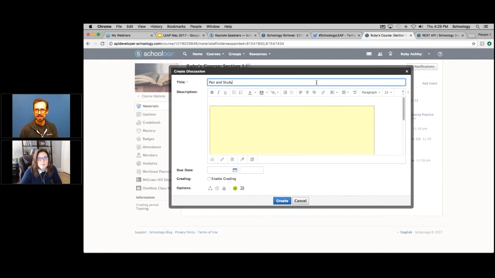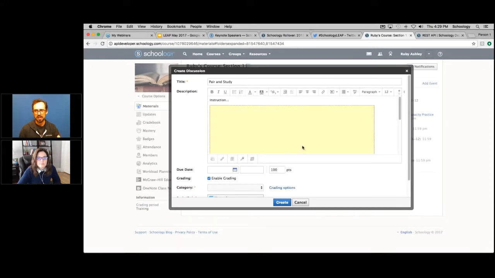So for instance, let's say that I am going to be out, I have a sub. Well, I can actually set all this stuff up for the substitute, give my students instructions that the sub can also see here, and everything is already set up. I've told them that I want them to pair up and use these study guides and then post in the discussion board what they felt were the hardest questions, and then that could build into a completely different kind of lesson in the discussion board, prompted by that really interesting embedded content that was provided